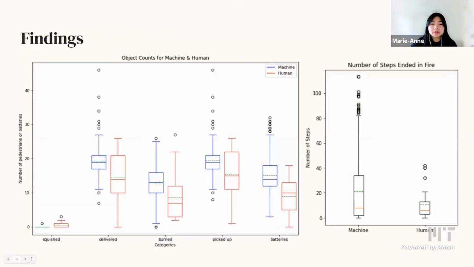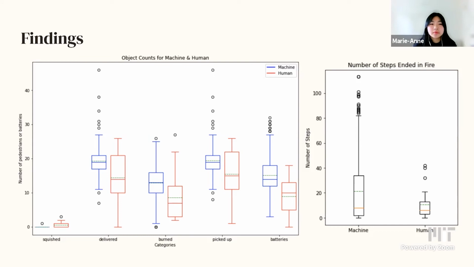On the left, we have a chart showing the object counts. So we have categories like the number of pedestrians squished, delivered, burned, picked up. And we also have a category for the number of batteries picked up. So out of 652 machine runs, the machine only squished one person total. This was due to the high penalty for squishing someone. And in comparison, the machines are slightly more willing to squish people in order to get to a hospital or